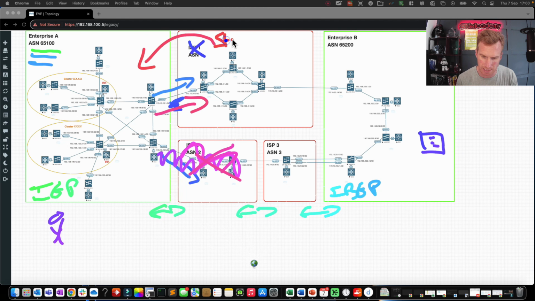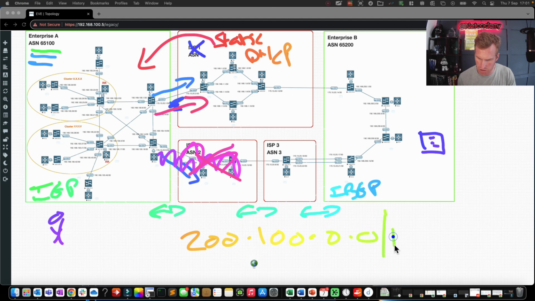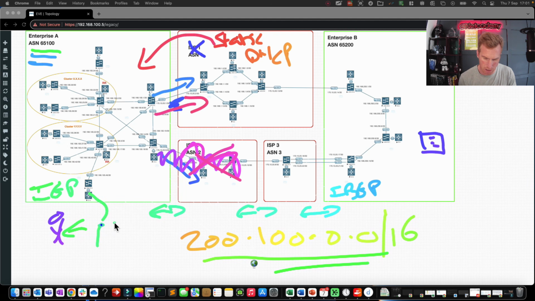Now that might be a static or DHCP assigned address, but typically it's going to be static from my experience and knowledge. They're going to assign a block of IP addresses, and just for example, I'm really making this up, it could be 200.100.0.0/16. And what Enterprise A would then do is distribute this block of IP addresses, yes, to their users, but obviously to their own servers, to their own data center farms, whatever it may be, for them to